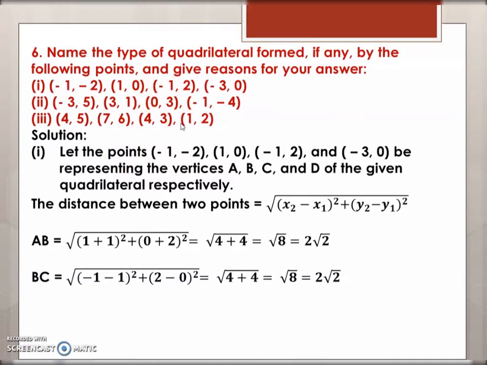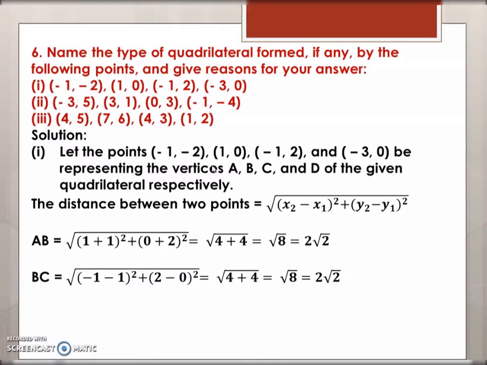So question number 6 also is similar to the previous one. Here also you have been given coordinates of a quadrilateral. 4 coordinates are given in each question and you have to determine what type of quadrilateral is formed. So if any special type of quadrilateral is formed, then you will name it. If all sides are coming of different lengths, then it is not any special kind of quadrilateral, it's just a